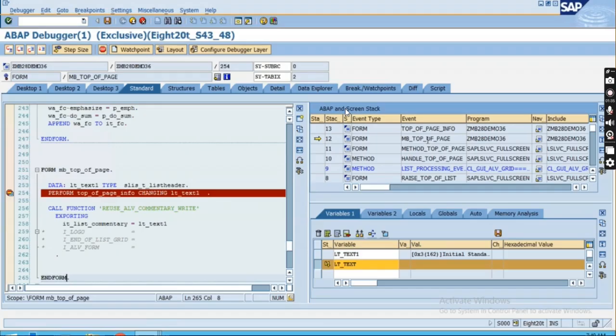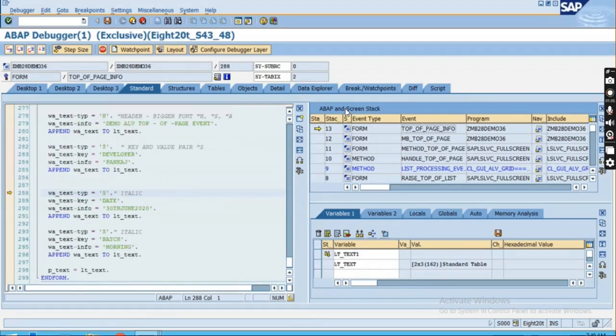Okay, so just come over here and you can see that, right? lt_text is now enabled and lt_text1 is now disabled. It got disabled, meaning undefined, right? Come over here, and at this point of time p_text is 0, right? Nothing,